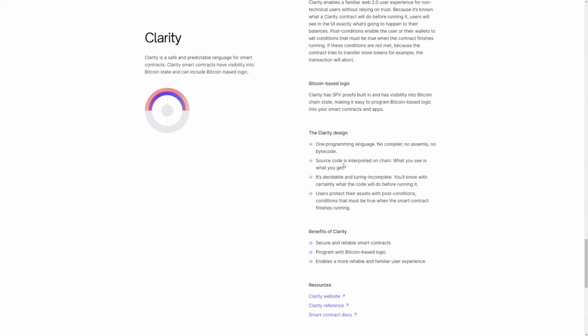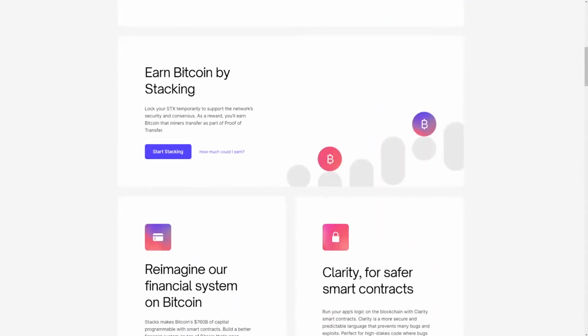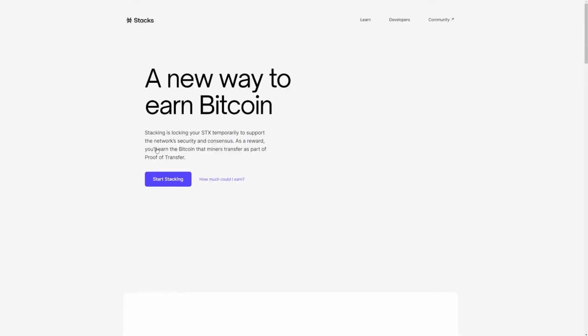The source code is interpreted on the chain. Also, you will know with certainty what the code will do before running it. So it's secure and reliable, can be programmed with Bitcoin-based logic, and it enables a more reliable and familiar user experience. So if we go back to the home page and scroll down to earning Bitcoin by stacking, we can